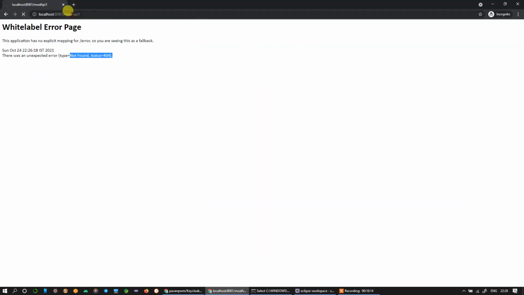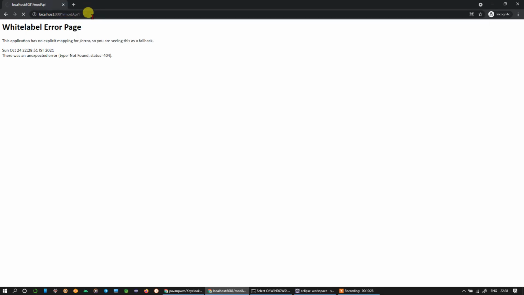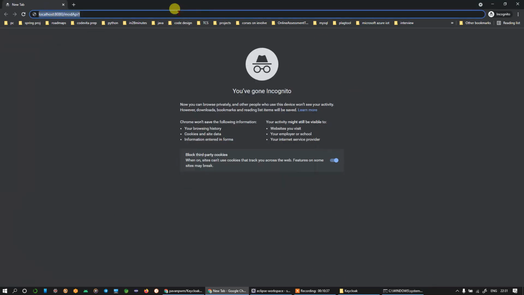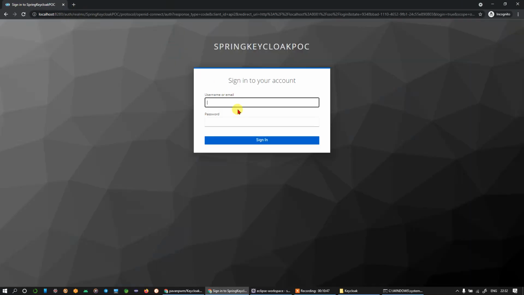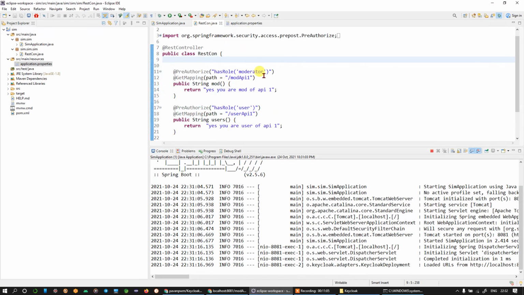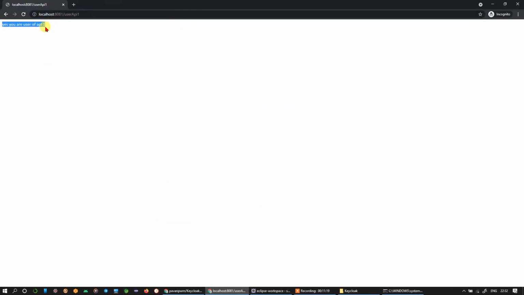Okay, now if I go to this endpoint, before that we need to know that the Keycloak server should be up and running, and then after that I will go to this URL. If I go to this URL, it will redirect to the login page of Keycloak, and let me enter some user, a user with role user, and if I sign in, it shows me forbidden, because this mod API 1 is an endpoint that can only be accessed by users with role moderator. So if I use this endpoint, then we can access it, since the user that I logged in with has the role of user.